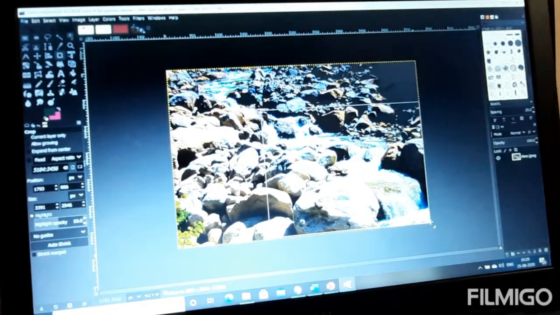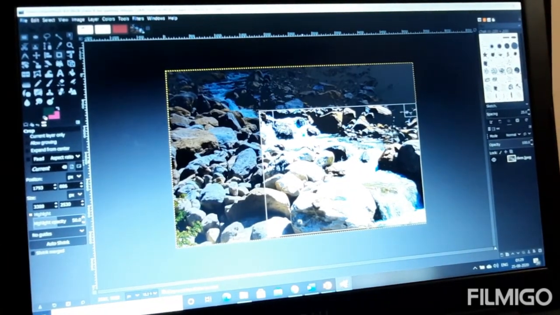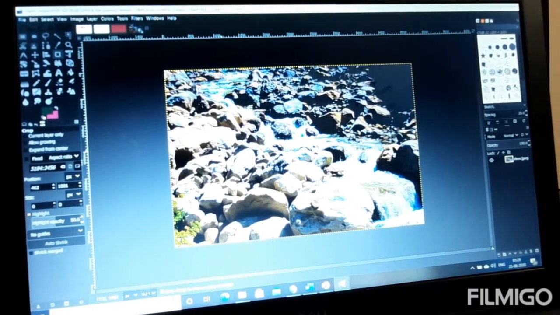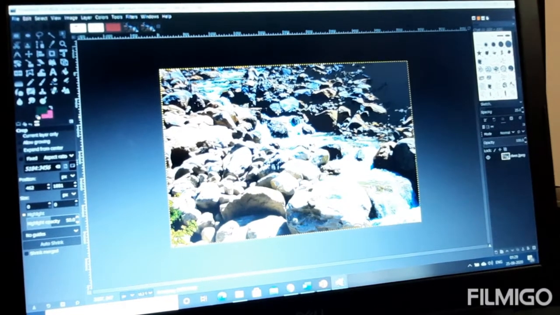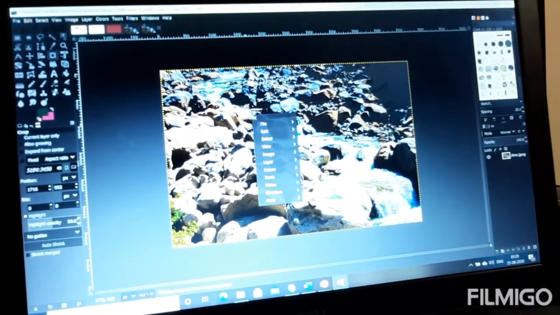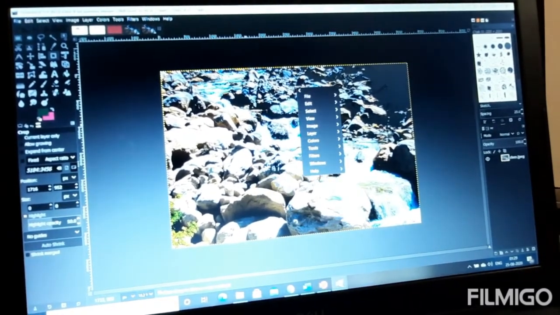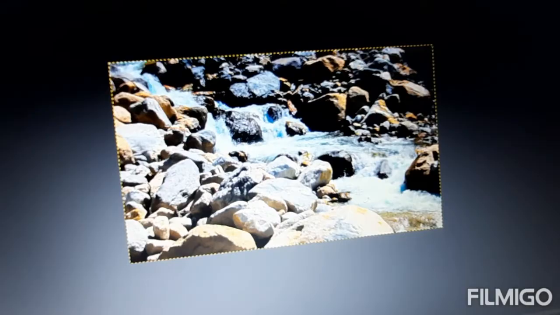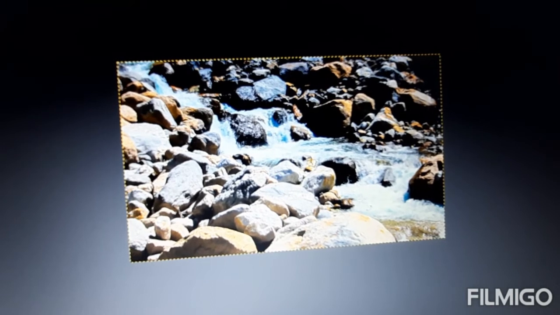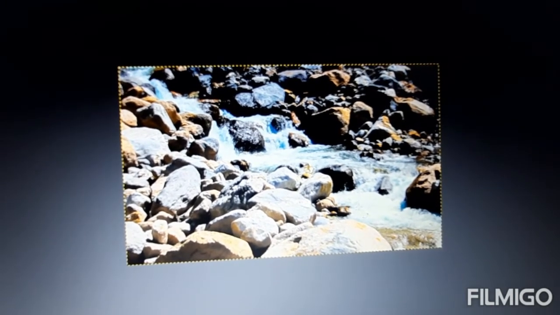Okay, can you see? Now this will be cropped. So you can see this has been cropped.